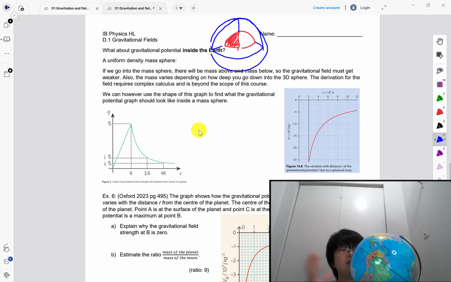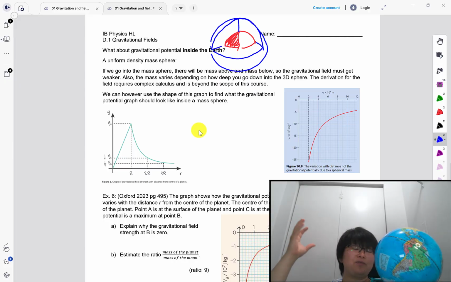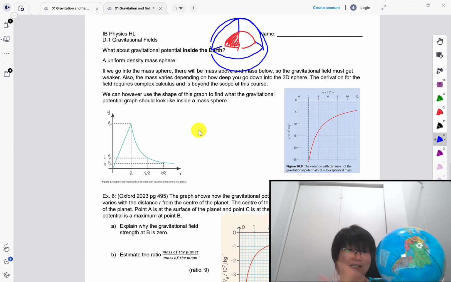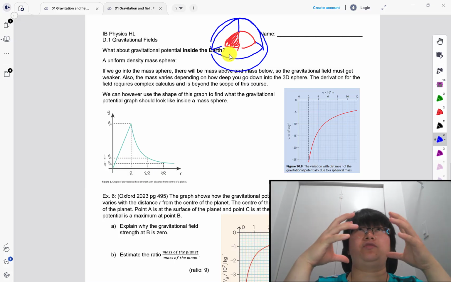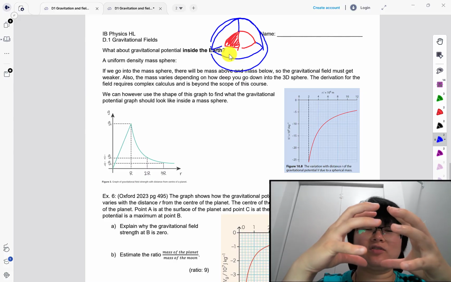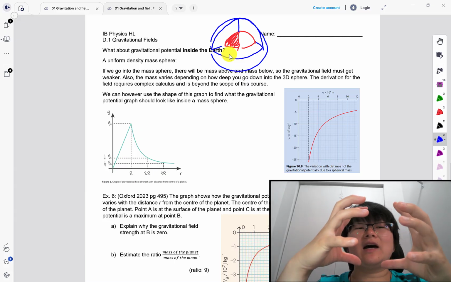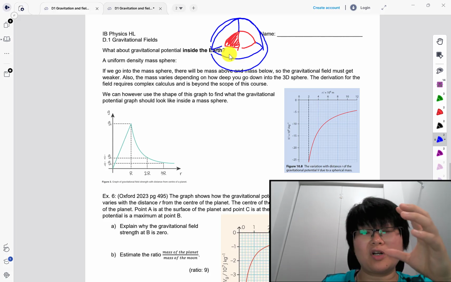Since most of the time we'd be dealing with the gravitational field on the surface of the Earth, or far away into space, we've never actually looked at what it would be like inside the Earth. That's where this picture here comes into play, where if you're looking at the gravitational field inside the Earth, whatever causes that gravitational field, or the mass that is affecting the gravitational field, is only a small portion or fraction